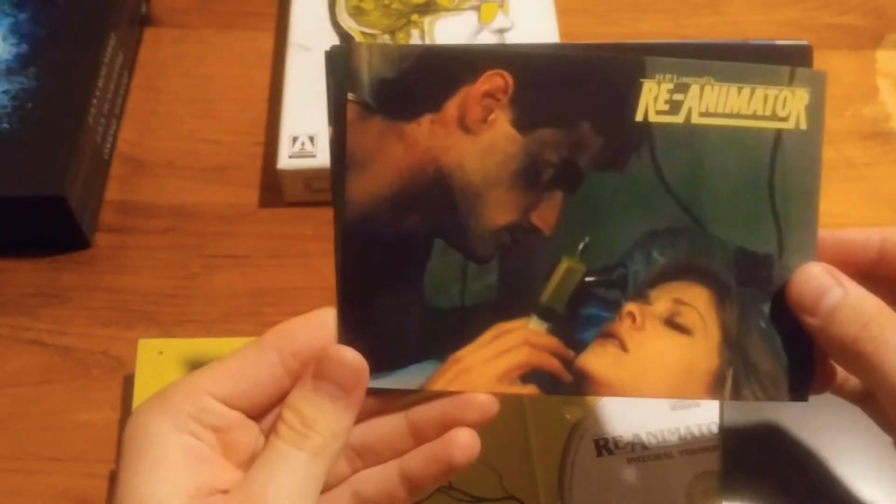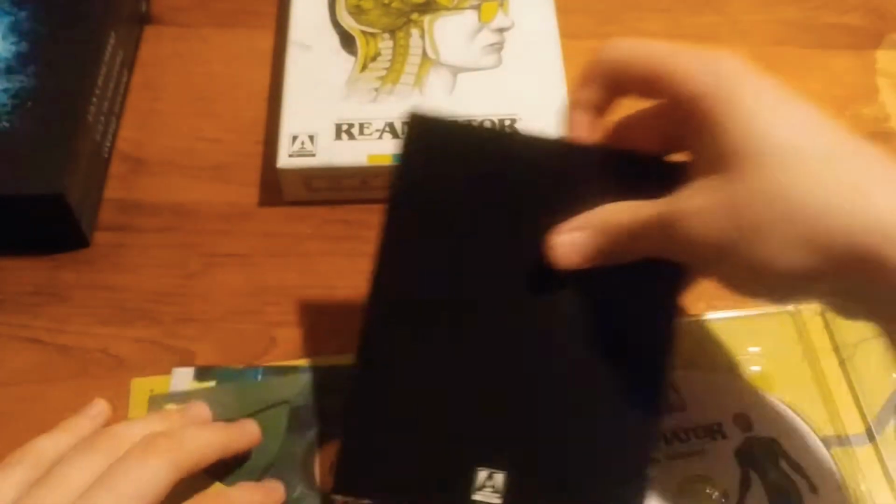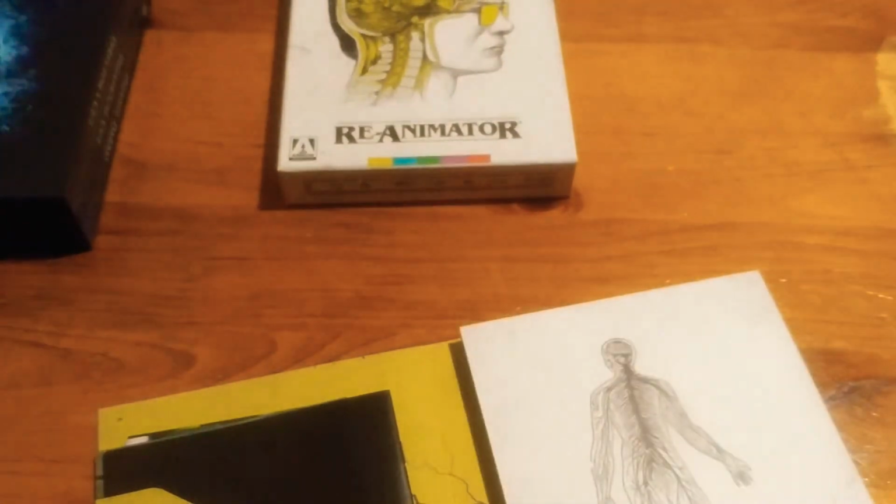We have some more stills. All the same. Yeah, Reanimator is really good